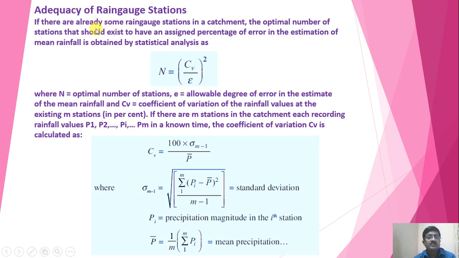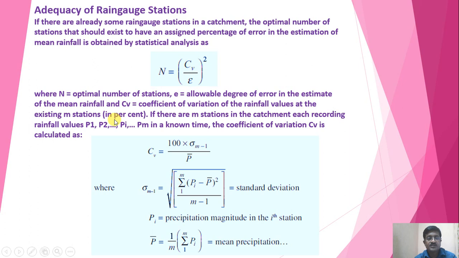If there are already some rain gauge stations in the catchment, the optimal number of stations that should exist to have an assigned percentage of error in the estimation of mean rainfall is obtained by statistical analysis as N = (CV/E)^2, where N is the optimal number of stations, E is the allowable degree of error in the estimate of mean rainfall, and CV is the coefficient of variation of the rainfall values at the existing